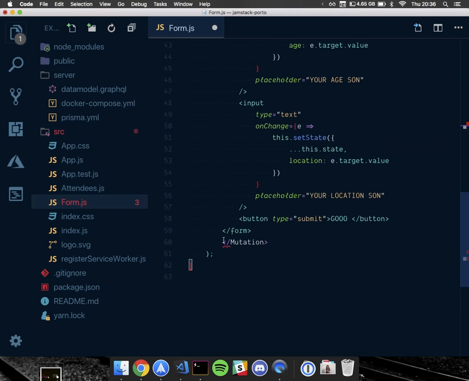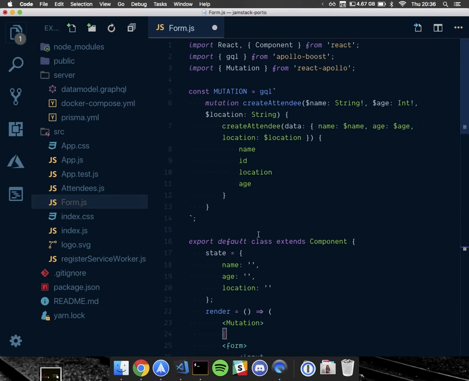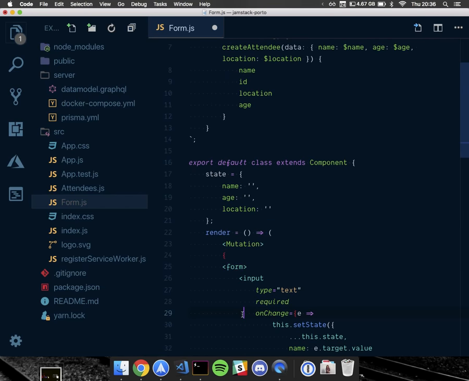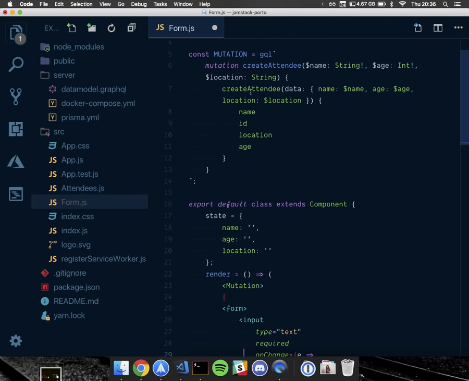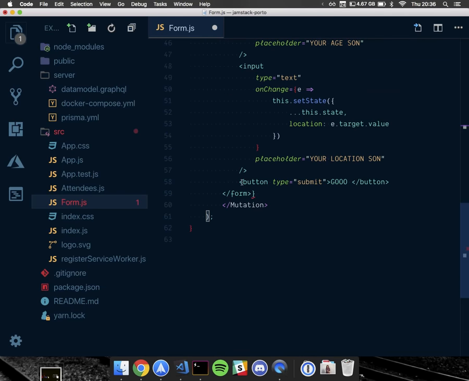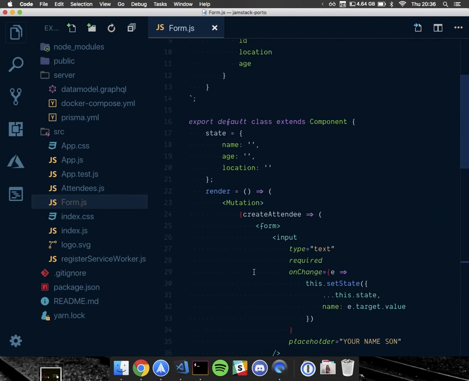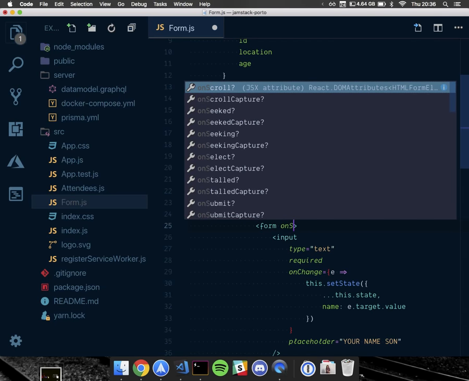Okay, so it's basically a function as well. So what I'm gonna do in here is that this one actually only gets one argument, and the argument is the name of the function that you need to call to actually create the stuff. And this function is called create attendees, and this will return all of the things that are in here. So you don't actually need any ifs. No ifs needed. So on the form submit, so on submit,